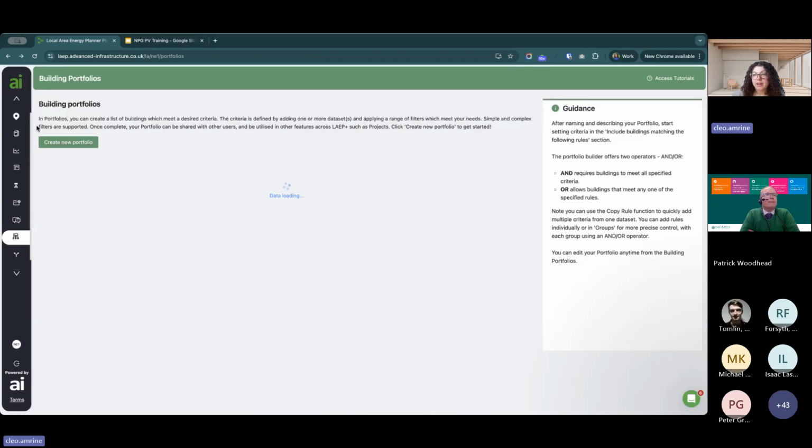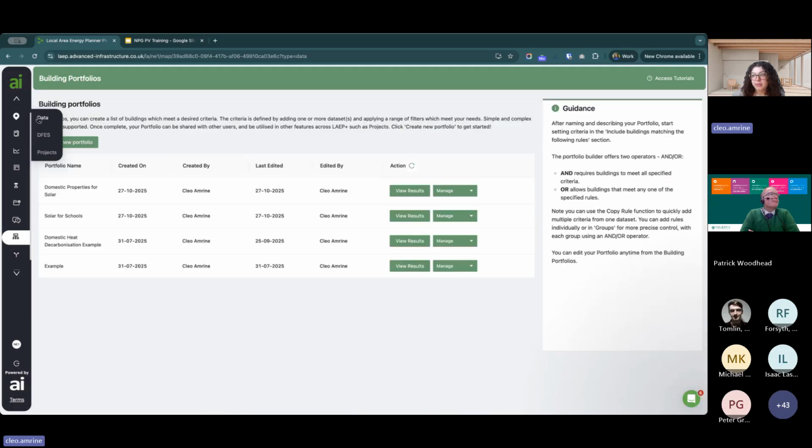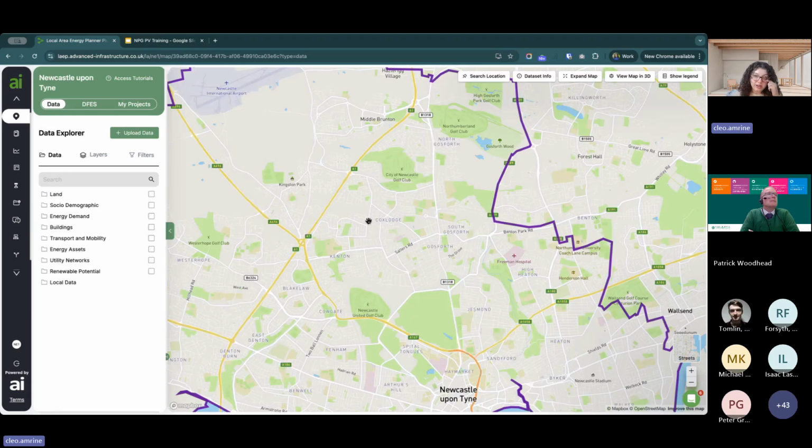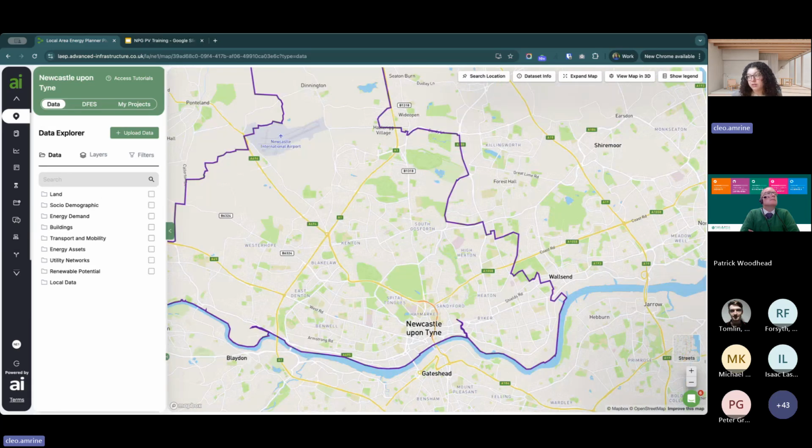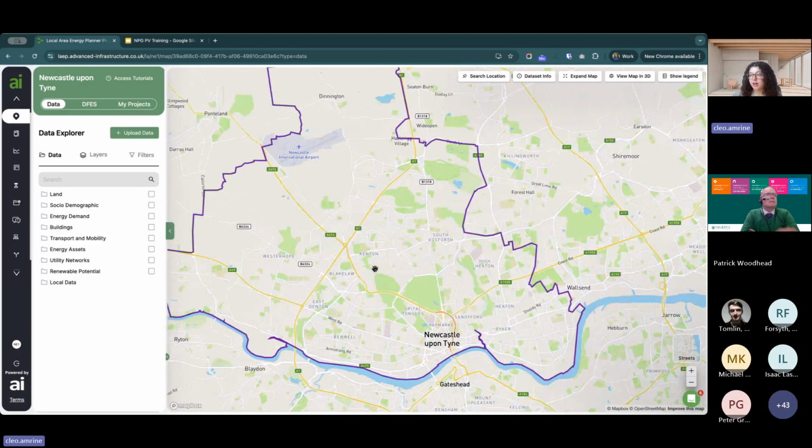So I'm going to go back into the map here, and we're going to look at the second use case that I mentioned. So we're looking at a non-domestic example now, where we're going to try and identify a school for a large amount of solar panels. So this example that I'm going to walk through, obviously I'm using schools today, but it's quite relevant for any sort of non-domestic solar project that you're looking at. For example, if you're looking at industrial solar deployment or you're looking at installing on retail, you could use kind of the same methodology there as well.